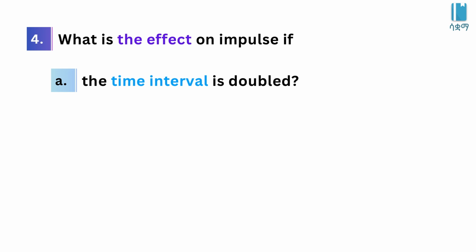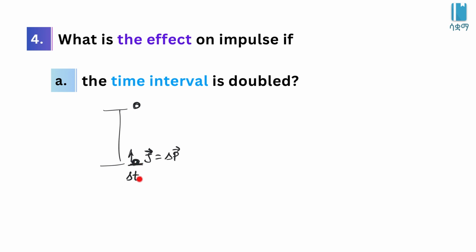So part 4 ላይ ስንሄድ: what is the effect on impulse if the time interval is doubled? So እንበልና ከሆነ certain height ላይ assume እናድርግ አንድ ማቴሪያል በምትለቁበት ጊዜ. So ground ላይ በሚደርስበት ጊዜ they will have what, the impulse አይደለም? So impulse ይኖራል ማለትም which is the change in momentum ያልነው. So this change in momentum ታዲያ the ground ላይ በሚያርፍበት ጊዜ it will encounter what, contact time ይኖራል ማለት ነው, force act የሚሆንበት.